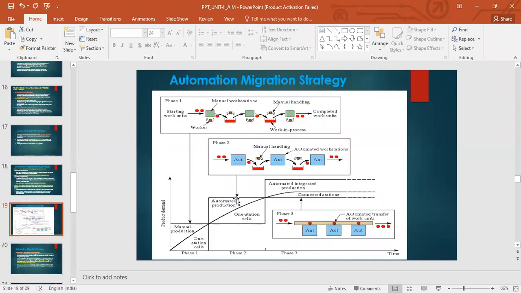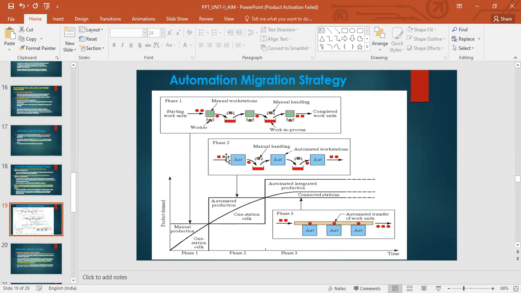You see in the graph, we ended the first phase, manual production, here. Now the second phase has started. There is still a rise of product demand as time is progressing. So in phase 2, the demand is increasing. Because you have seen that the product demand is still high and there is good response from the market, you have decided to automate it. So in automated production, manual workstations are replaced with automated workstations.